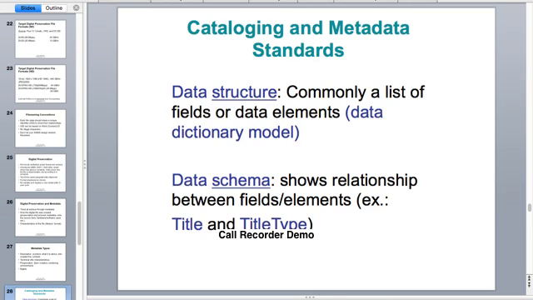Data schema is related to that. It gets a bit more complicated when you're actually developing out your data schema for your DAMs, for example. So, for example, it shows relationships between fields and elements. You might have a title, and then you have a